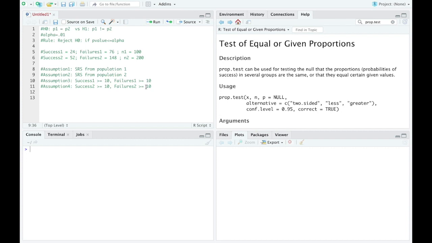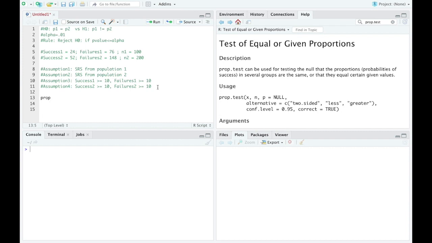The first two are not going to be satisfied, just because in this particular case I made these numbers up. But if we look at our data up here, yes indeed we do have at least 10 successes and 10 failures in here. So I can go ahead and perform this test, and I can say to myself, well, I'm going to use